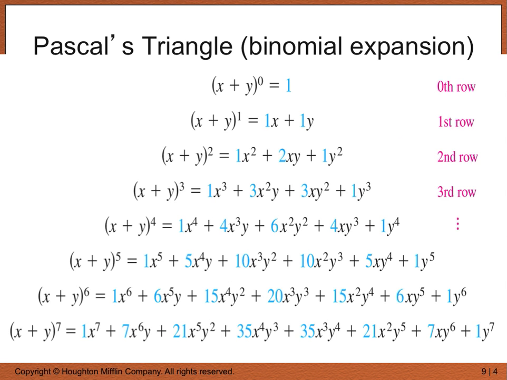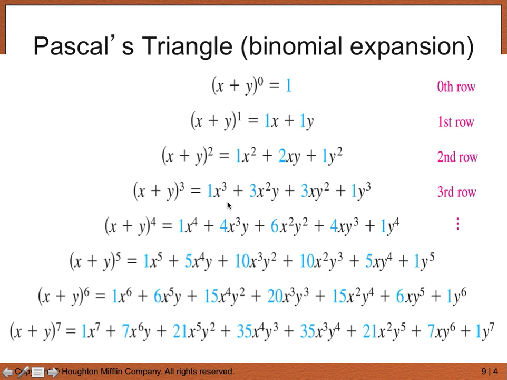Now this is the full triangle, and you should copy this down. And you're going to need to build on it a little bit. This has rows 0 to 7. This screen has rows 0 to 7 of the full Pascal's triangle. And the reason I'm calling it the full Pascal's triangle is because not only does it have the coefficients, and we see those numbers in blue, but it also has the x, y terms, which follow the pattern